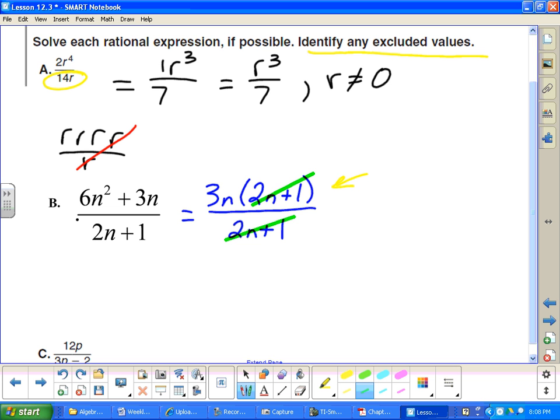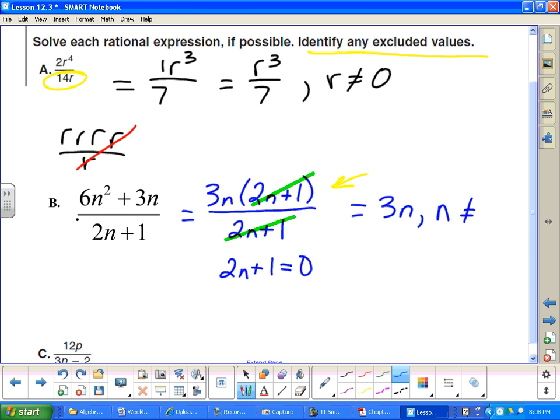The denominator, since that's the only thing that's there, that whole thing is a factor. And then I have it in the numerator, and so those I can cancel. So my answer here is going to be 3n. Now, they want us to identify the excluded values, and we're going to do that by saying that, since in this case our variable is n, n cannot equal